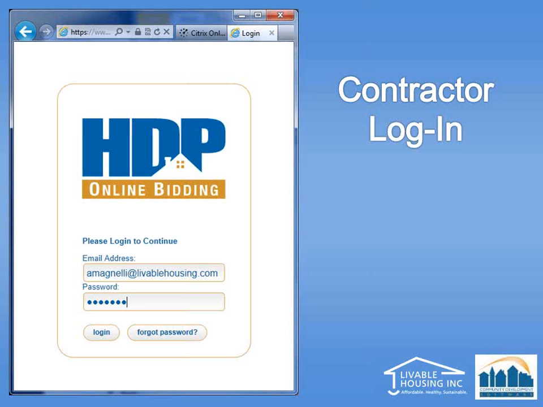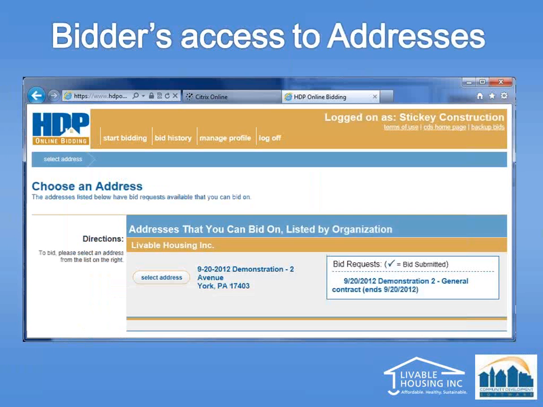And when they click on that link, this is what they see. Now, they will have already registered. I will show you in a few minutes what their registration process looks like. But we're showing you what happens when they get the email telling them that a bid has been made available, they click on the link in the email, and this is the screen that they see. So they have to log on. They have to use their password. So they put their email address in, they put their password in, they click log in,